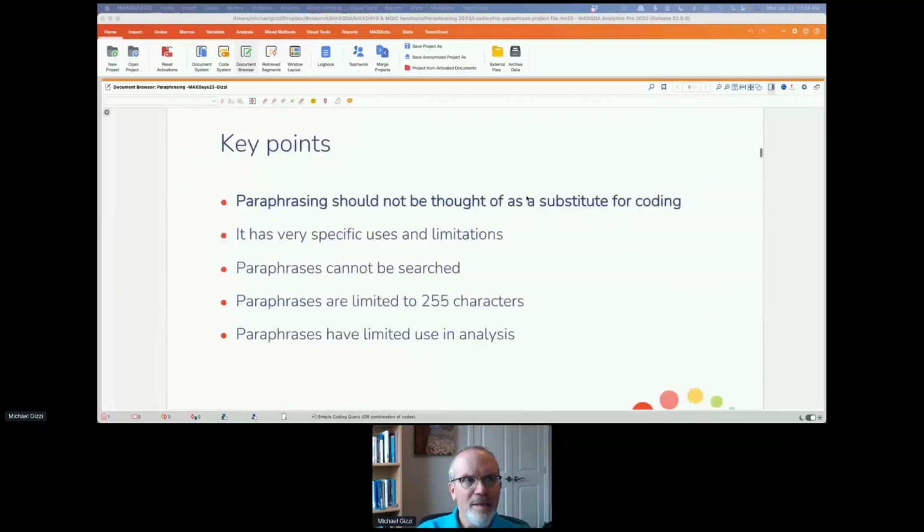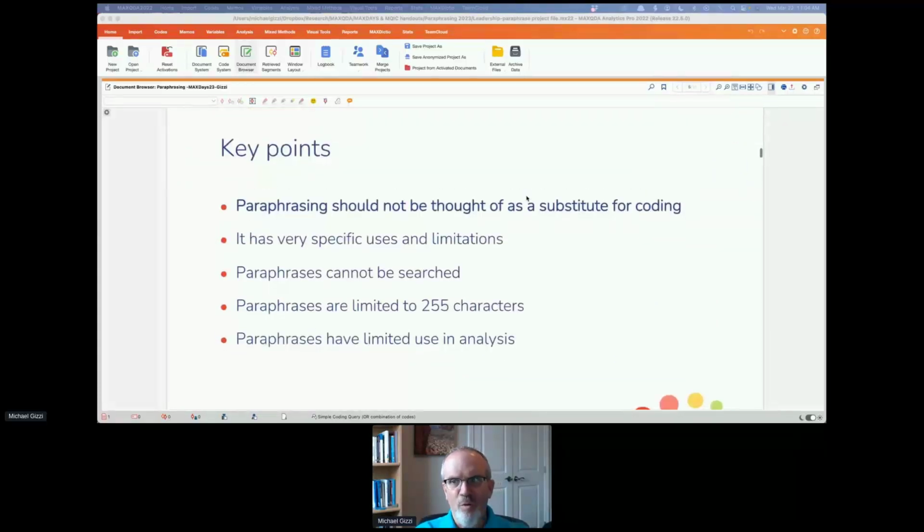Key points. Don't think of paraphrasing as a substitute for coding. It does have specific uses and limitations. Oh, that's not true. I didn't update my slide. It used to be true that you couldn't search paraphrases. That is now false. You can search your paraphrases, so it's not a limitation anymore.